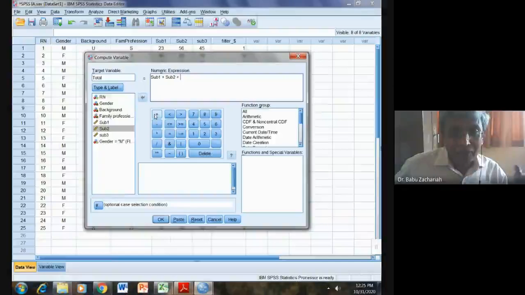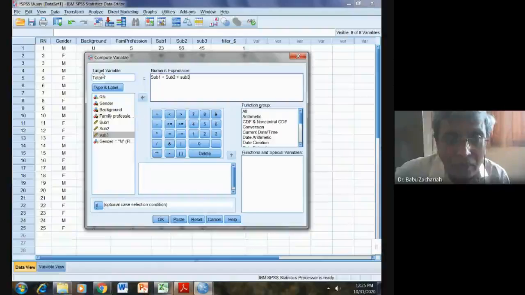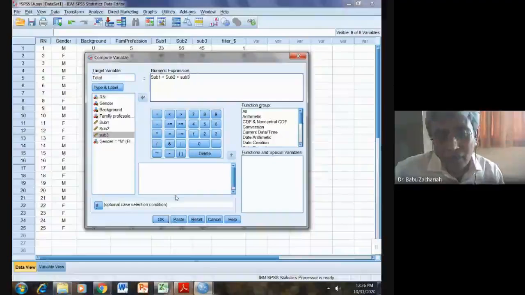I am doing it slowly for your convenience. Then subject 3. So now look at this formula. Total is equal to subject 1 plus subject 2 plus subject 3. When you click OK,